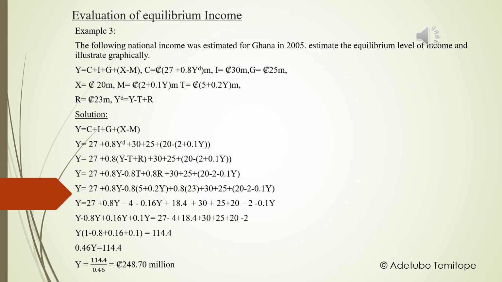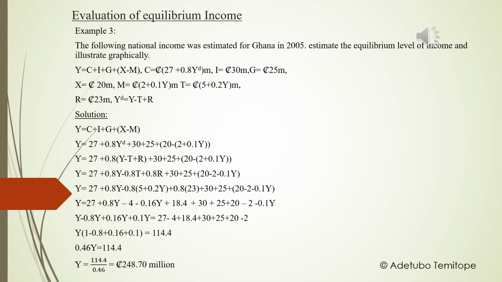So when we open the bracket, we have Y equals 27 plus 0.8Y minus 4 minus 0.16Y plus 18.4 plus 30 plus 25 plus 20 minus 2 minus 0.1Y. So when you collect like terms, we have Y minus 0.8Y plus 0.16Y plus 0.1Y equals 27 minus 4 plus 18.4 plus 30 plus 25 plus 20 minus 2. So when you factor out Y on the left hand side, we have Y open bracket 1 minus 0.8 plus 0.16 plus 0.1 close bracket equals